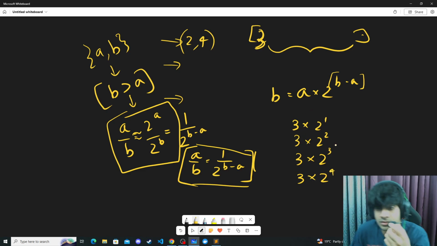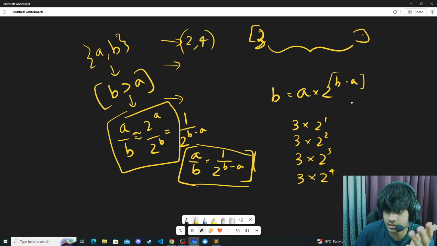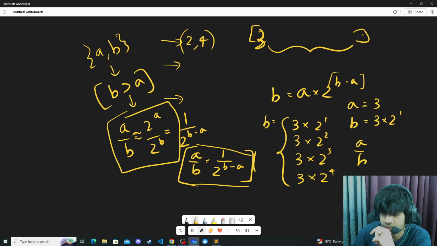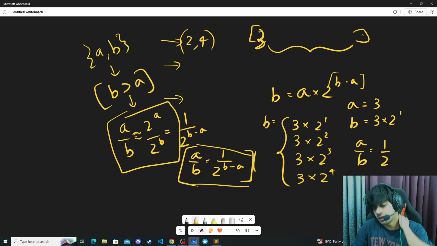So 3 into 2 raised to 1, 2 square, 2 cube, 2 to the 4. Now once I have this, in this whole iteration, I know my a is 3, and these are all the possible values of b. So a is 3, and let's just say our b is 3 into 2 raised to 1. That means a by b is going to give me 1 by 2, correct? But then you also have to check